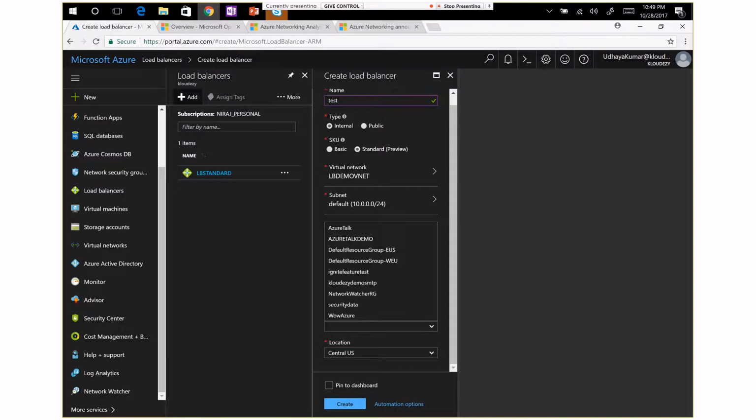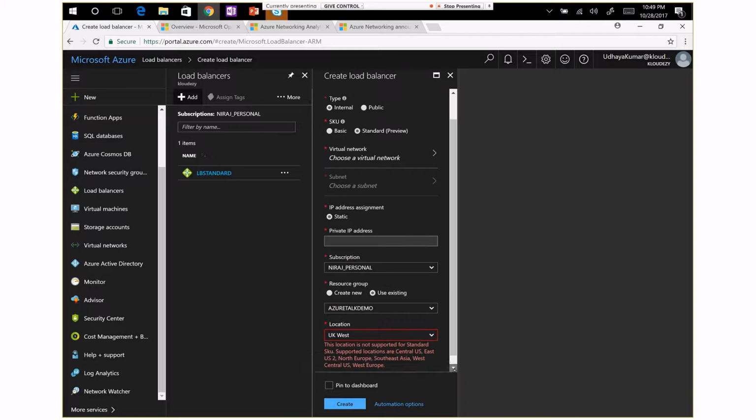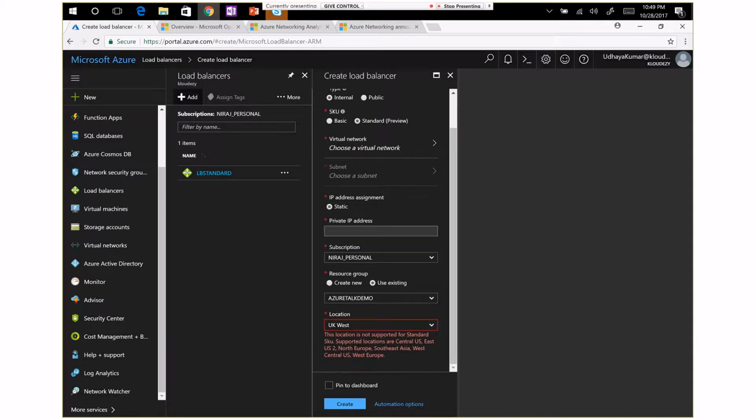Okay. So demo. I can see the error message when I select the other regions which are not supported in the preview. So that's where you get an error. You go ahead and select one of the regions below to create the LB standard. As it is in preview, I do not recommend using it for a production workload. You can test it for the scenario of availability zones, or probably an availability set or non-availability set VMs, on non-production or dev or test VMs.